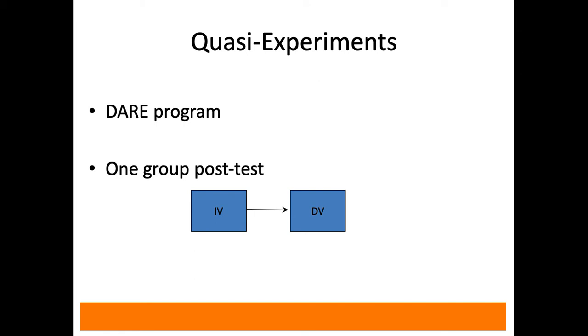So one example I like to give with quasi-experiments is the DARE program, the Dare to Resist Drugs and Violence educational program that happens in some schools, happens in others. In the purest sense, this can occur as just a one-group post-test, we call it, where a group of students are given the DARE programming and then measured on some outcomes, such as inclination towards violence, that sort of thing, right? So some sort of intervention is happening in the school, and you measure the students after that. You're not randomly assigning students to a type of DARE program or DARE or no DARE. It's just happening, right?